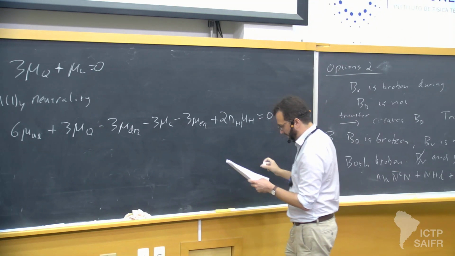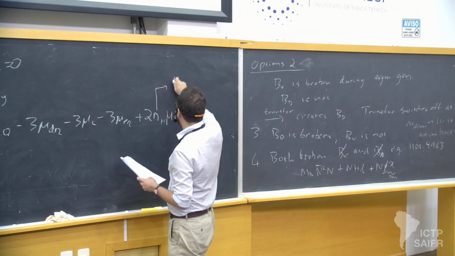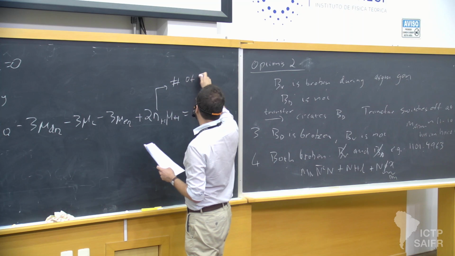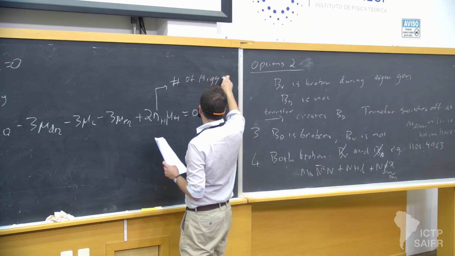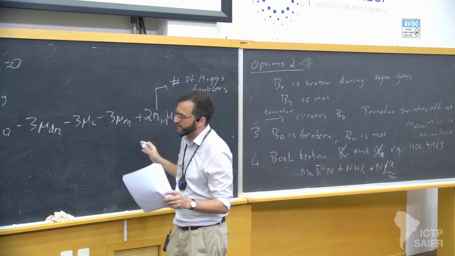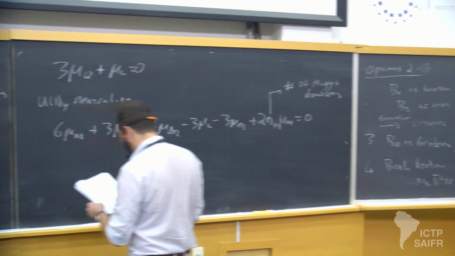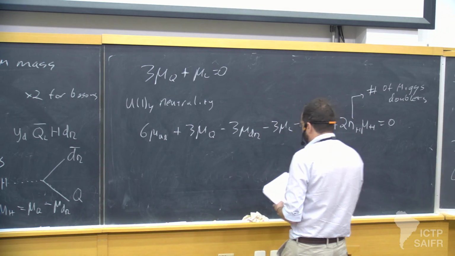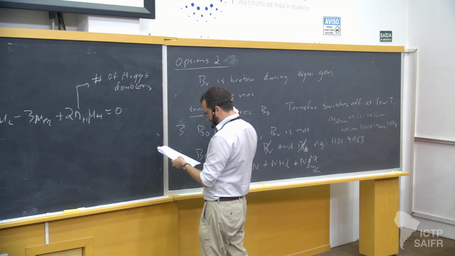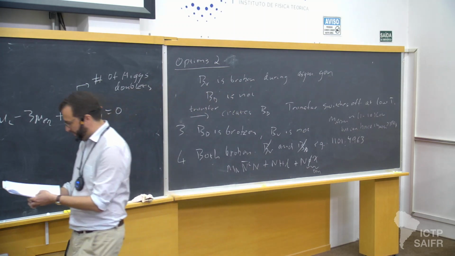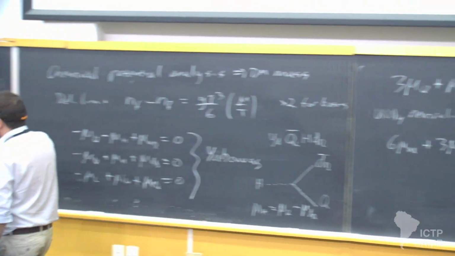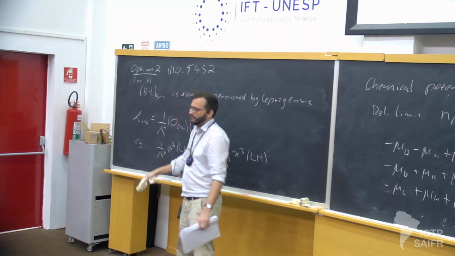Okay, and in the analysis in the paper, they also allow for multiple Higgs doublets. So this is the number of Higgs doublets. Later on, you can set it to 1 if you like. Okay. Now, we have these chemical potentials. And now we have to figure out what this operator is going to do for our dark matter chemical potential.